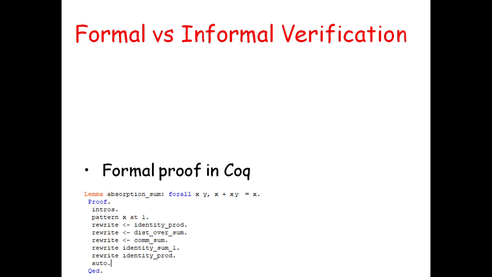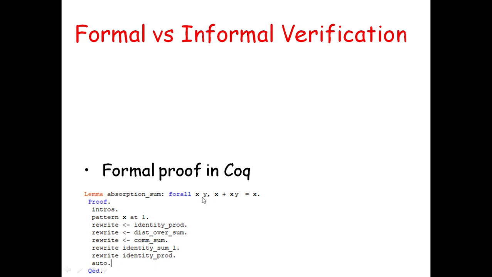On the contrary, we have a formal proof in the Coq theorem prover. Initially, to have a lemma of this kind, the Boolean algebra has been formalized in the Coq theorem prover: a formal model of the Boolean algebra, the Boolean type, the two operators. All this is defined, and then we can state theorems or lemmas just like this. So we can give a name to the theorem that we want to prove, and that is absorption sum. This is the keyword, and then we use forall